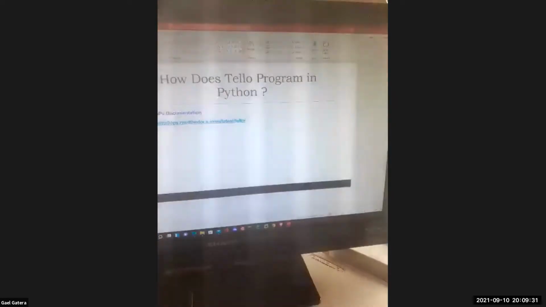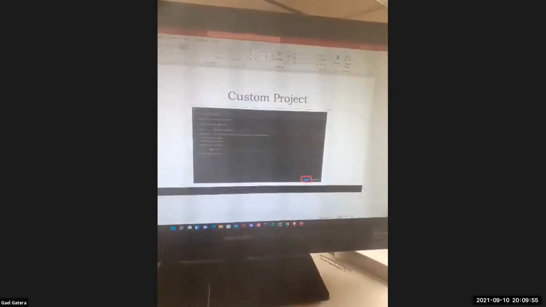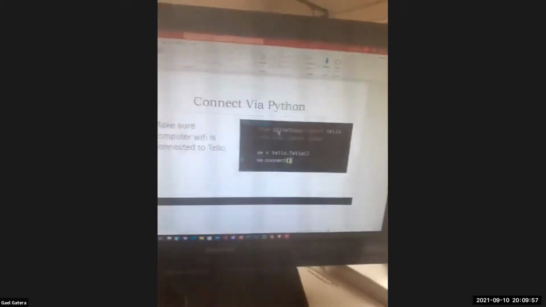Okay, so it's installing, and then I'm also gonna share this. So let me control click. Hold up, I'm gonna put my phone down real quickly. Control click. Okay, it's done. And then to connect to your Tello is a few lines of code. So from DJI Tello import Tello. I'm gonna go ahead and